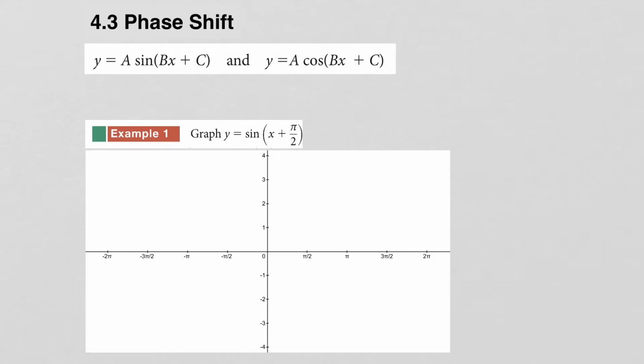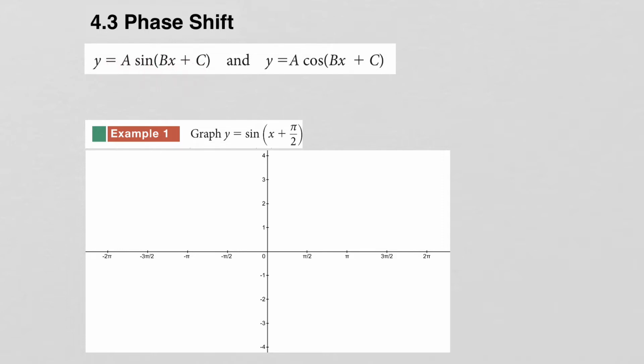In section 4.3, we look at phase shift. Now, a phase shift is just a horizontal shift of the graph. But when we're talking about the graphs of trig functions, we call it a phase shift. So the format of the equations we'll be seeing here are going to be y equals a times the sine